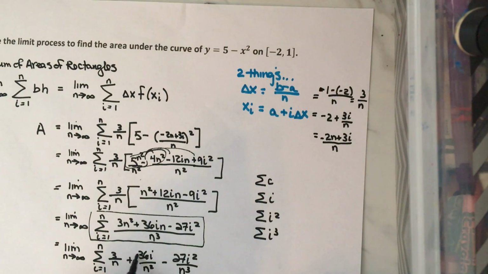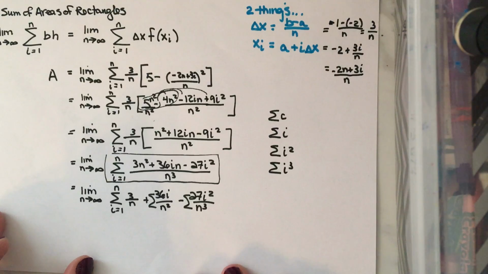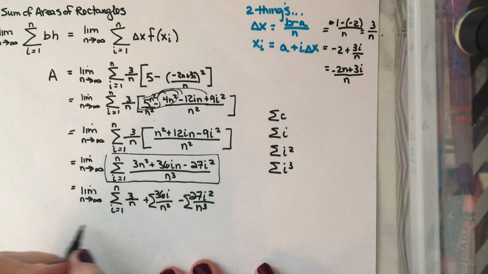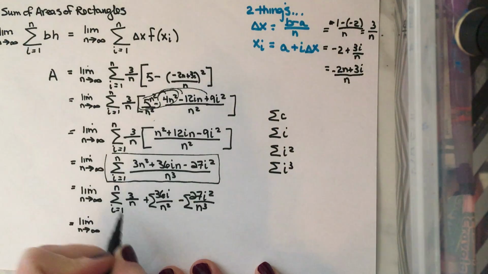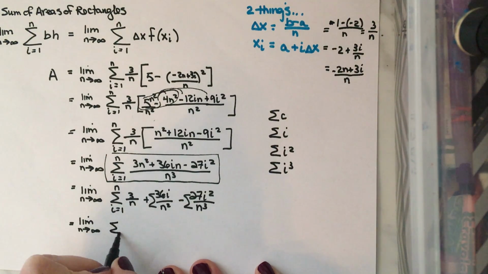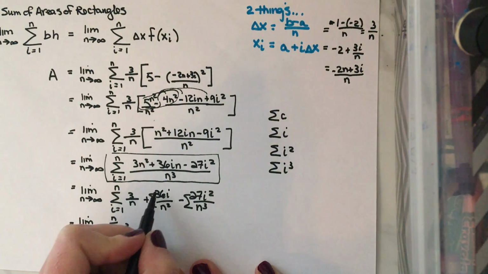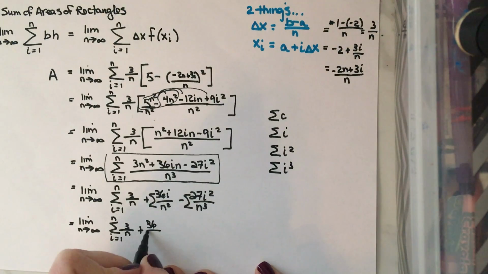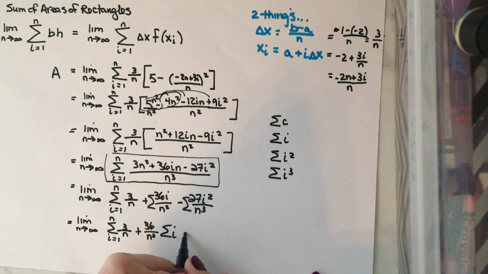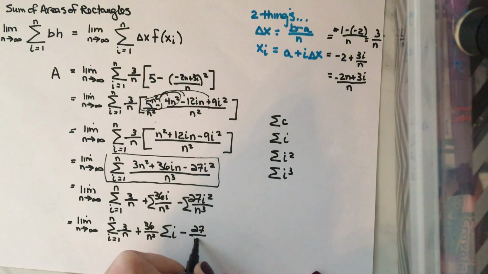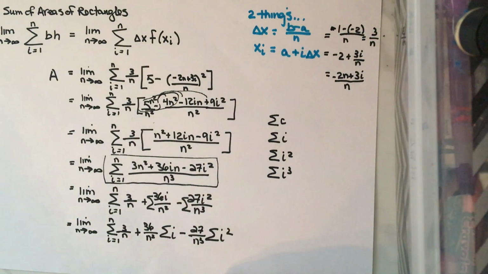I can then break these up into separate summations. Remember, that is what our properties allow us to do with that. And when I think about it that way, now I have the summation of a constant, which we'll deal with in a second. Plus, well, I can remove my coefficient and just have the summation of i. Same thing on this last one. I can pull out the 27 over n cubed and just have the summation of i squared. That leads me to having,